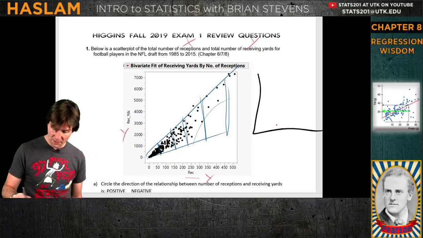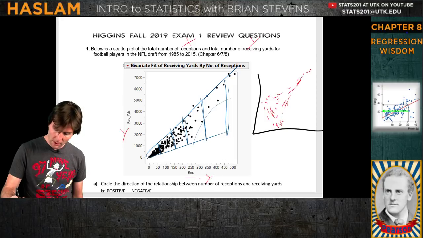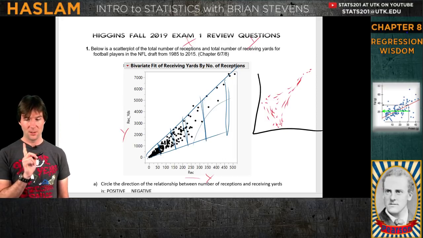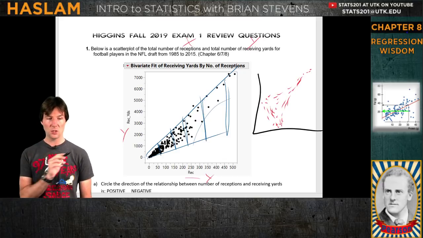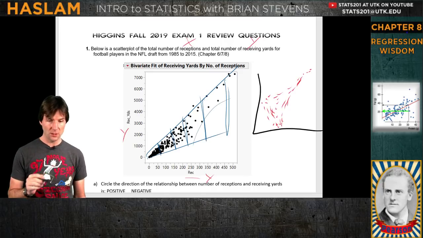Now, is the plot okay if it were to go something like this right here? Would this be okay if the plot got thinner? Would you say, oh, this is great because the plot gets thinner? Is that good? The answer would be no. We do not want the plot to change in strength. We want even, consistent strength across, so we don't want the plot to get thinner or thicker. We want it to look consistent.